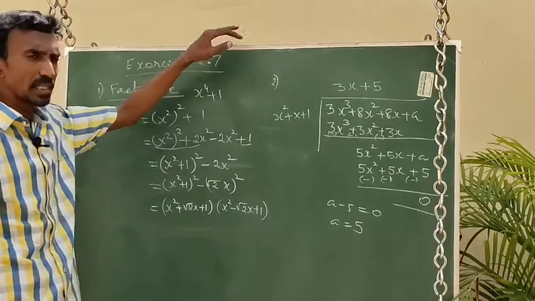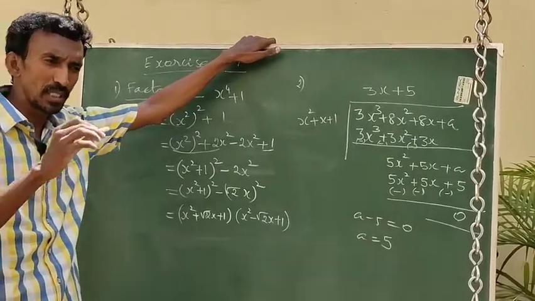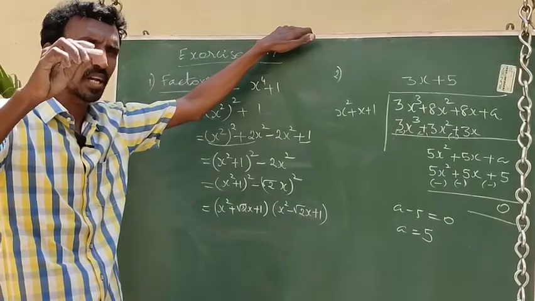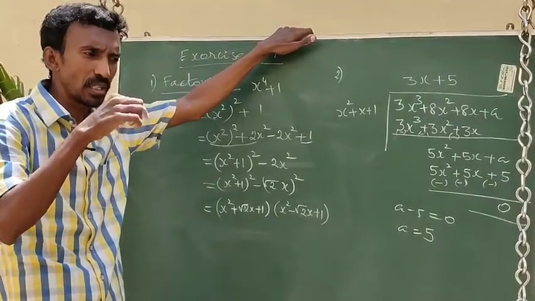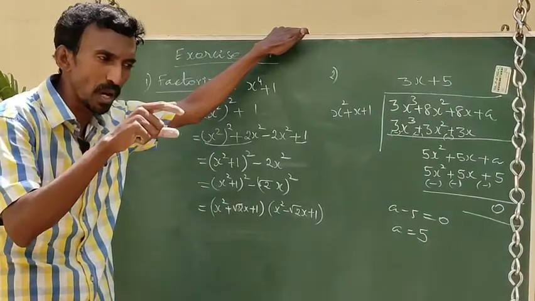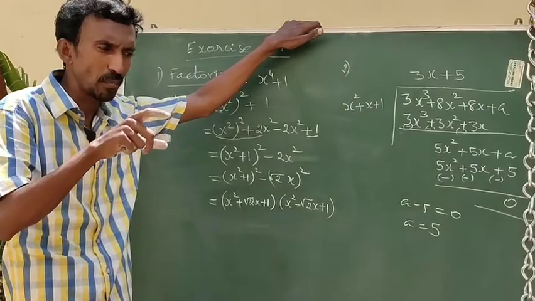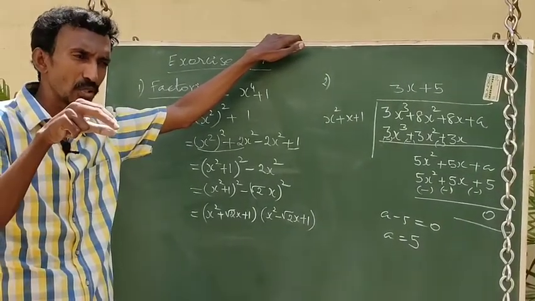Next topic is method of undetermined coefficients. Undetermined coefficient means the coefficients in the polynomial, a0, an minus 1, etc. up to a0, are not given, and the polynomial is also not given. It may be mentioned as a quadratic polynomial or cubic polynomial or fourth degree polynomial, and some conditions satisfied by the given polynomial are also given.